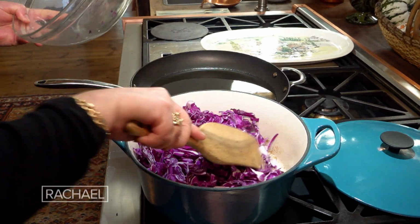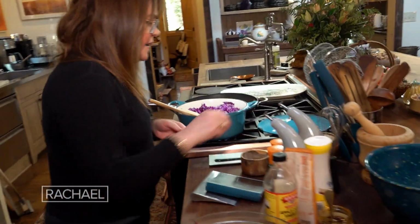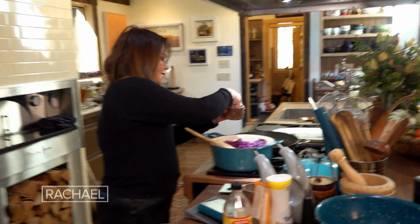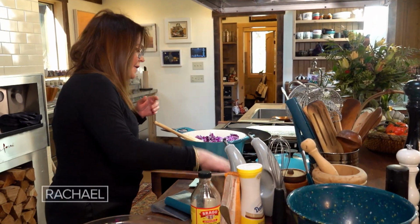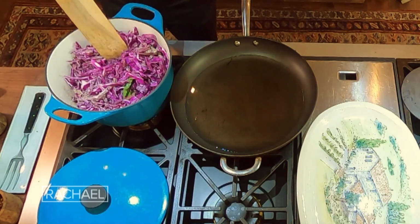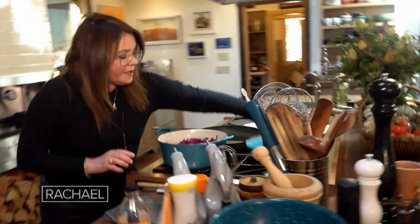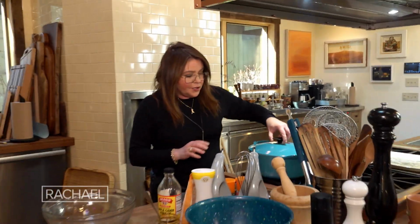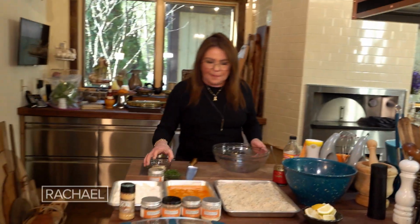And then we're going to get the cabbage to release its juices by adding in a good amount of salt and some black pepper. Give this quite a good stir. So what I'm going to do is partially cover the pot to trap most of the heat and let a little bit of steam escape. Now,